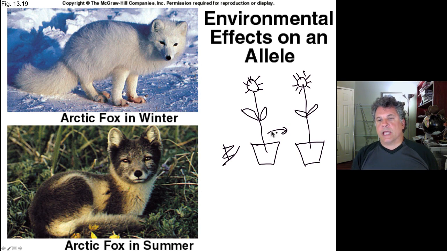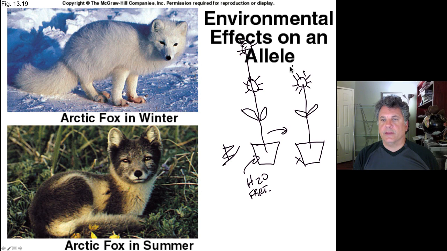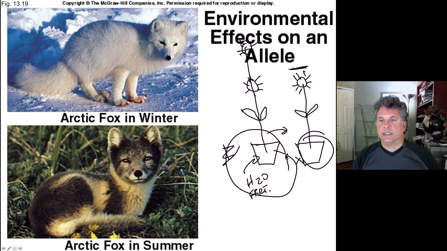But you decide to give one plenty of water and nutrients and fertilizer, and the other one you deny water and fertilizer to, or only give very small amounts. Well, then this plant will grow much taller and be healthier than this plant. This plant will be stunted compared to this plant. So even though they're genetically identical, it's very clear that the environment that they experience can influence their phenotype dramatically.